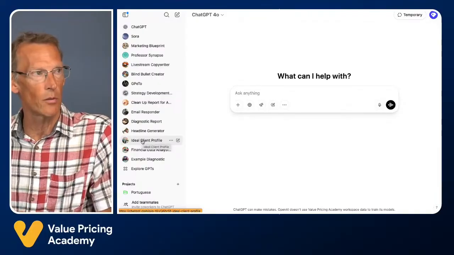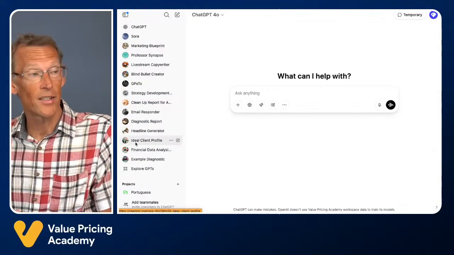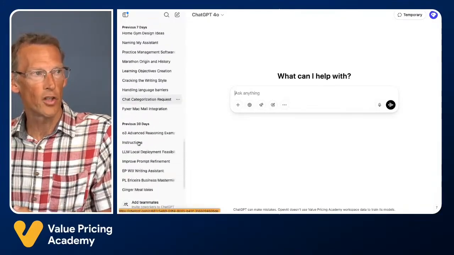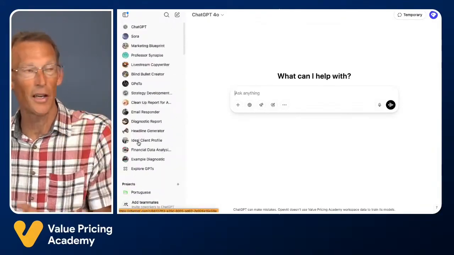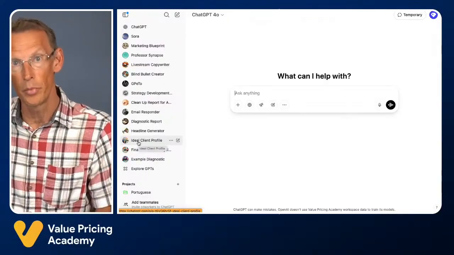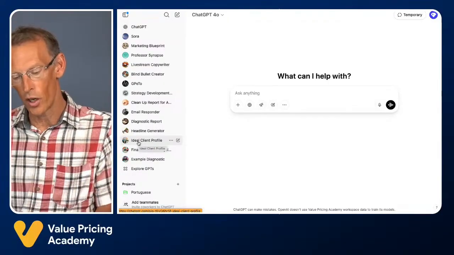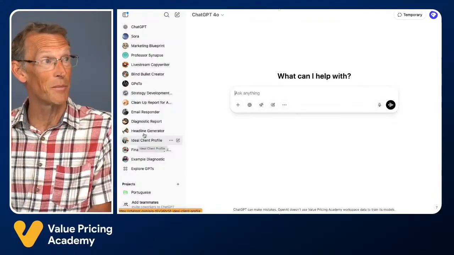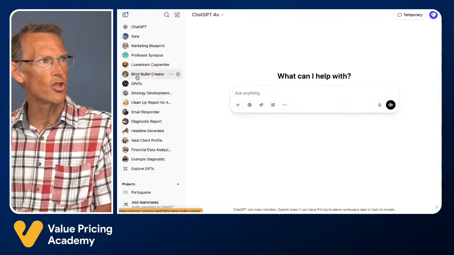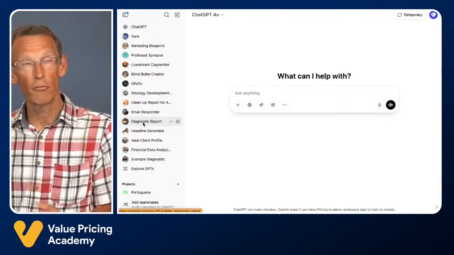You have to have a Plus account or a Teams account. And the GPTs are the ones with little icons next to them. Under that, you have your projects and then your list of previous chats. You can see I use it every single day, multiple times. It's permanently on. In fact, I use it so much that I have it on multiple computers. I am multitasking and I have 2 different ChatGPT accounts because I'm doing 2 separate tasks at the same time. I have a whole bunch of GPTs here. You may recognize some I've mentioned, like Blind Bullet Creator, Live Stream Copywriter, and Diagnostic Report.